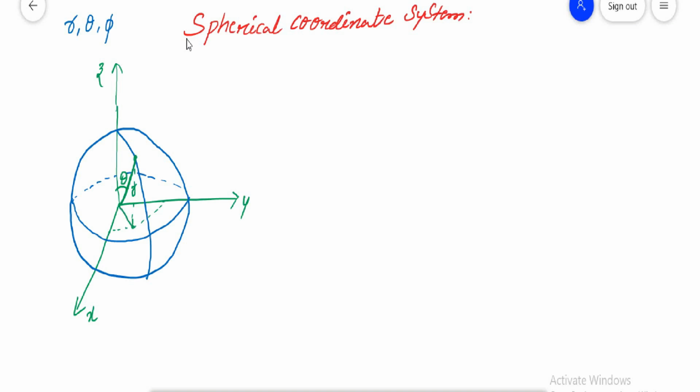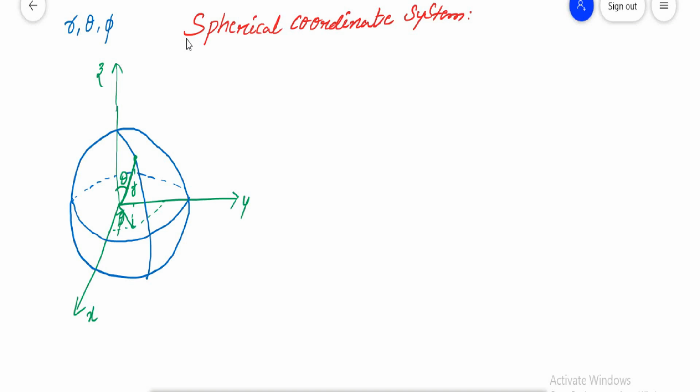Here you are getting something like a cylindrical coordinate system. In the cylindrical coordinate system, we considered this as rho. So for the time being, just consider this is rho, and the angle made by it is phi. Phi is the angle made by the projection. So r is the radius of the vector, theta is the angle made by this radius vector with the z axis, and phi is the angle made by the projection with the x axis.